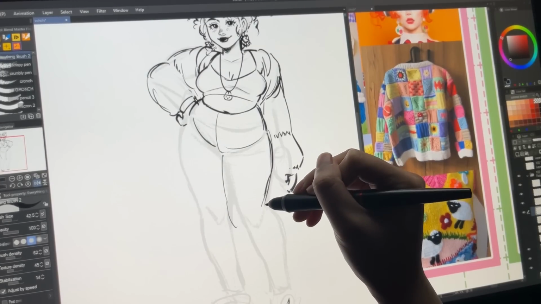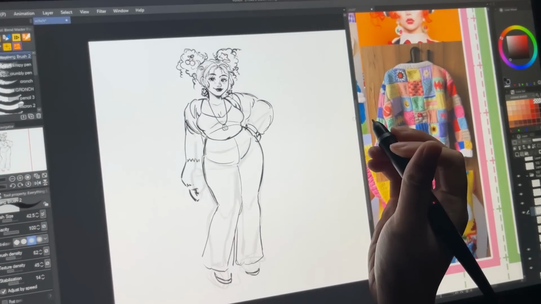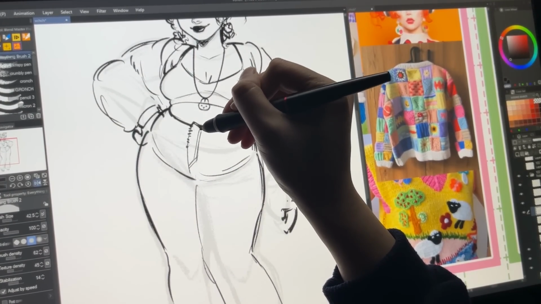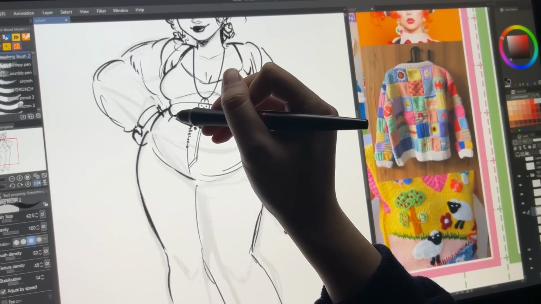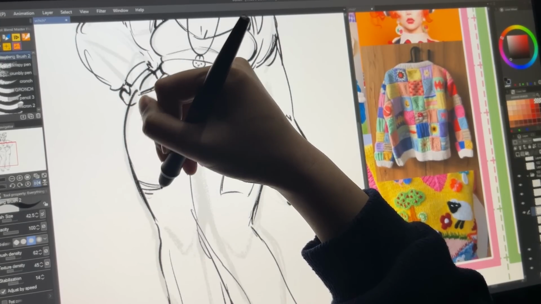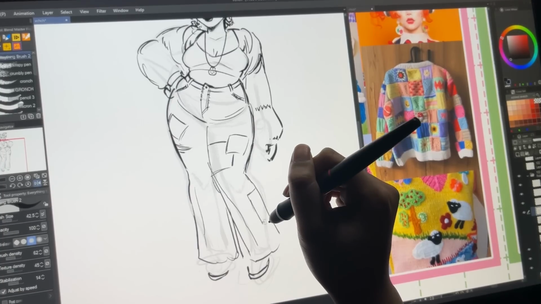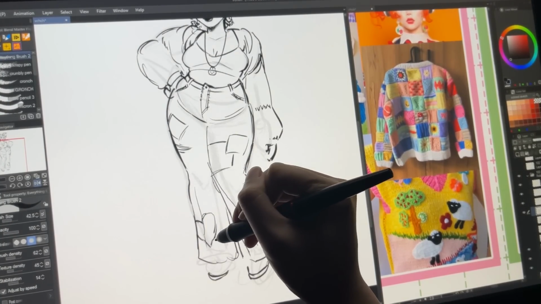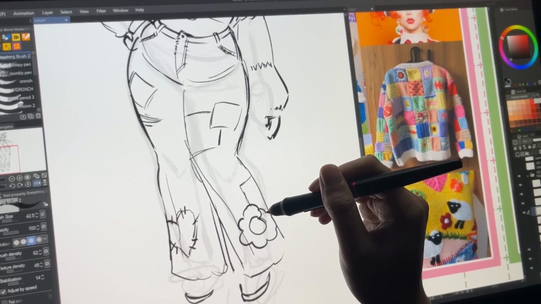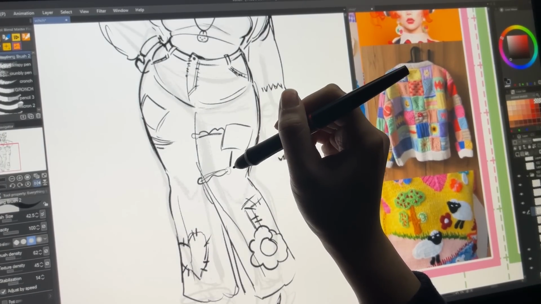And then the jeans would also have patches, because for some reason I just really love putting patches in my outfit designs. So this outfit with the pants is what I ended up finalizing, although I do still really like the skirt, so I might make it a secondary outfit for her. But at this point, I was considering names for her, and I landed on Esmeralda, or Esme for short, and then also Ramona. And I told my patrons over on Patreon, and most of them agreed that Esmeralda matched her a lot more than Ramona, so I chose that name for her.